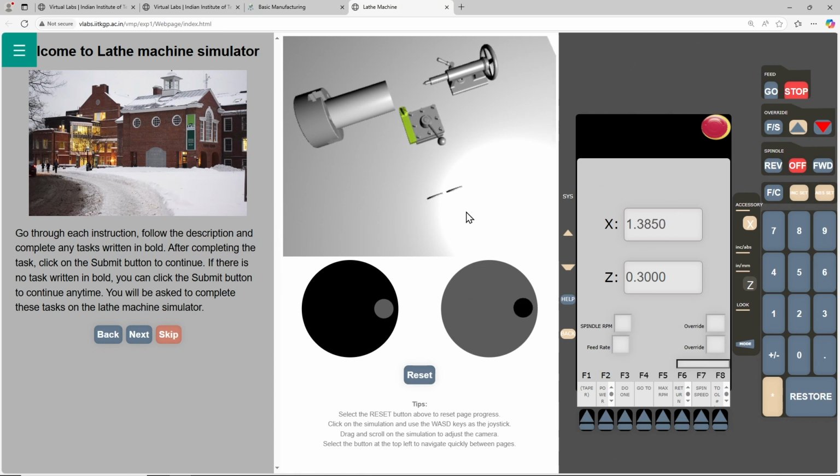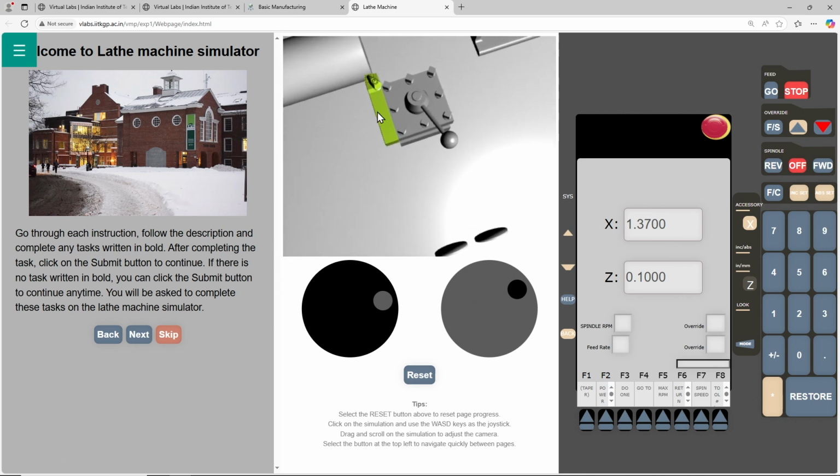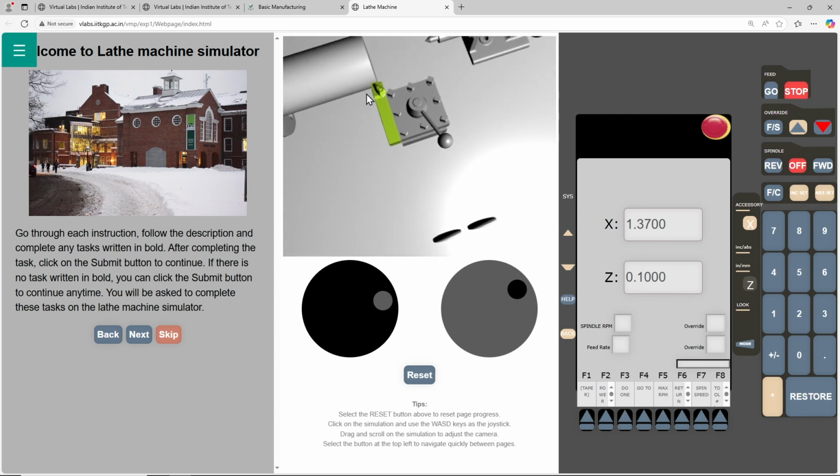Let me first see where the tool touches. At 1.37, even if I try to move it further, it is not going further because the tool tip has touched the workpiece. So at 1.37 it has touched.